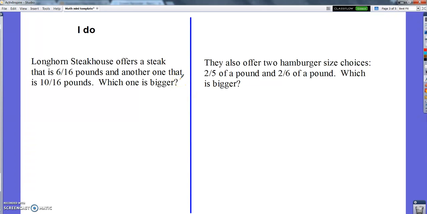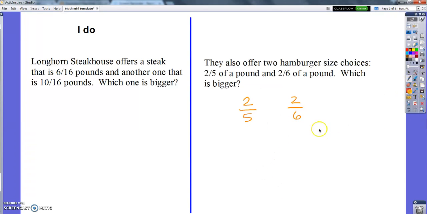Now, there's also a trick you can do if they have the same numerator. Check this out. So this one says, they also offer 2 hamburger size choices, 2/5 of a pound and 2/6 of a pound. Which one is bigger? So now I don't have the same denominator, but I do have the same numerator. And there's a common sense trick to this too. If I make two exact